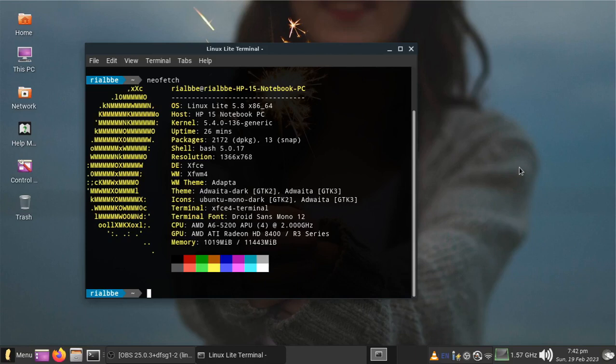So our packages, we have DPKG, 2172, while our snap only 13 right here. With our shell, bash shell is 5.0. Resolution is only 1366 by 768. So this is a little bit below the HD quality, but it's nice because this is way back then,